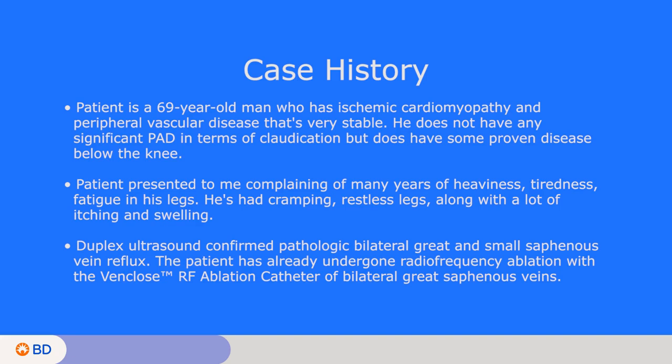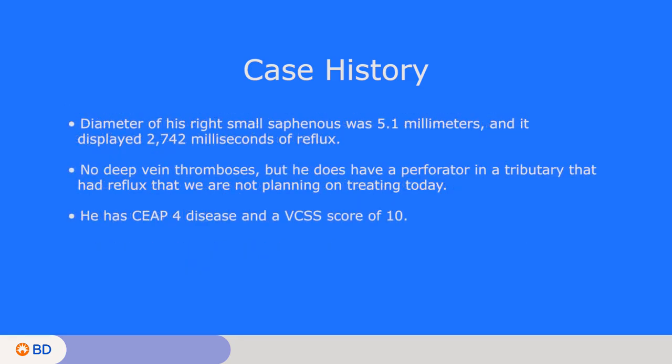He has swelling in his legs as well. We did a venous duplex ultrasound of his legs several months ago, confirming pathologic bilateral great and small saphenous vein reflux. He has already undergone radiofrequency ablation with the Venclose device of bilateral great saphenous veins, and now returns today to take on his right small saphenous vein. On the ultrasound, the diameter of his right small saphenous was 5.1 millimeters, and it displayed